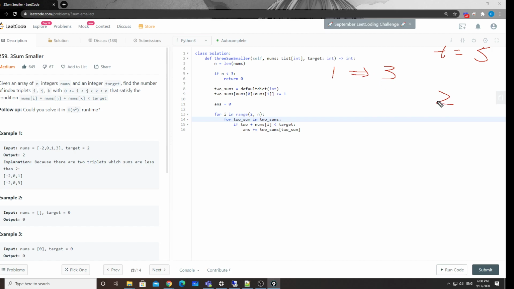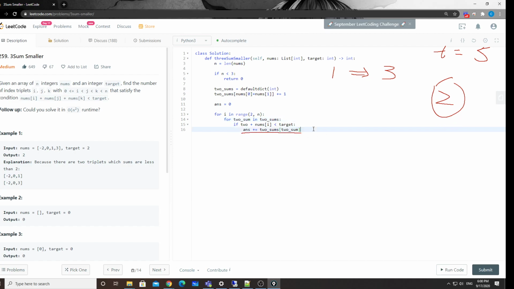Okay, that means we have three pairs whose sum is 3. That's why with those three pairs we can simply form 3 new triplets. That's why we add to the answer here. Okay, so that's that, and then later on we just need to update our two sums with the current number. Okay, basically for odd numbers in range